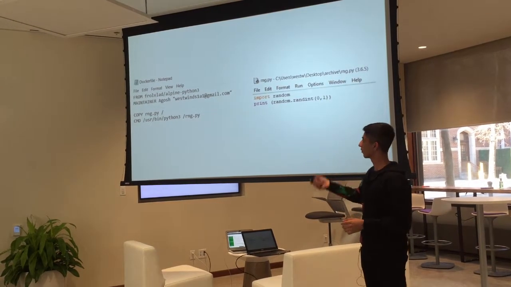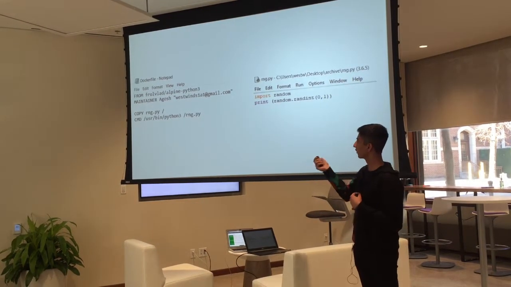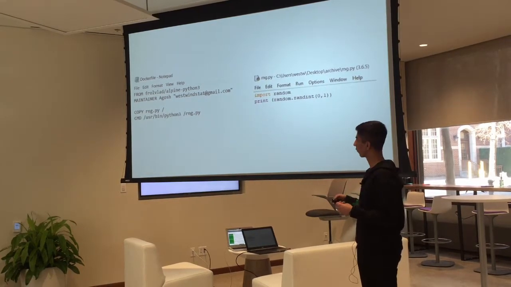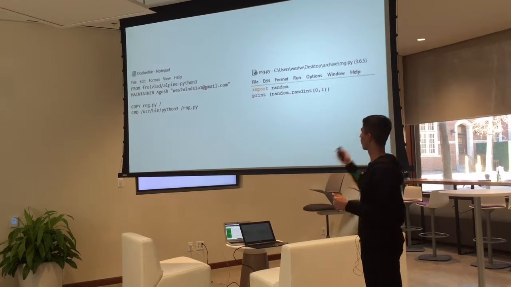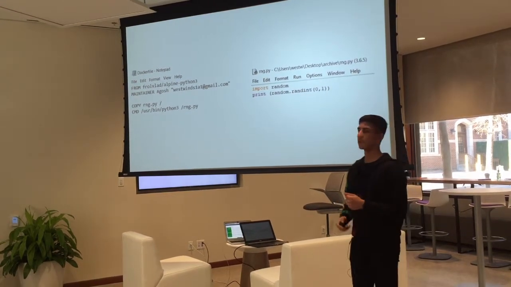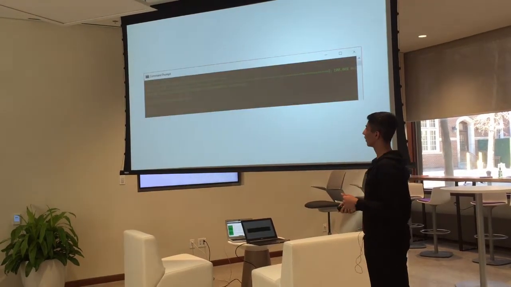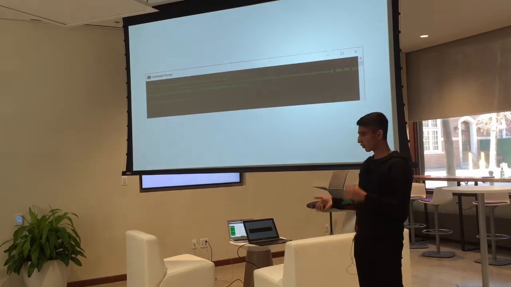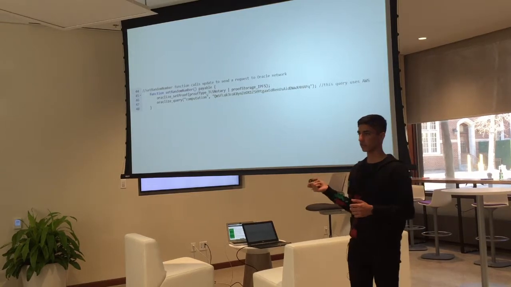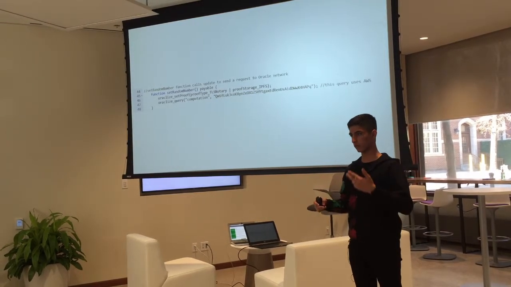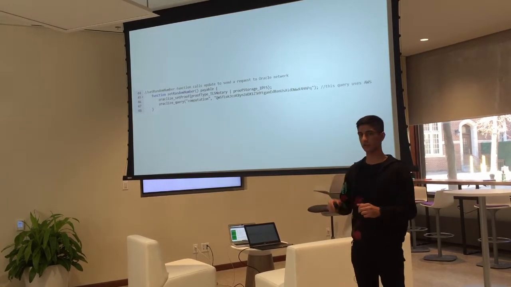So here is the Docker image. It's using Linux as an OS, and it also has an RNG file, to the right, and it executes that. And once I made a zip of those two files, I uploaded it to the IPFS network and added a function. So looking at the function, we have two lines, the first of which is Oracle set proof.